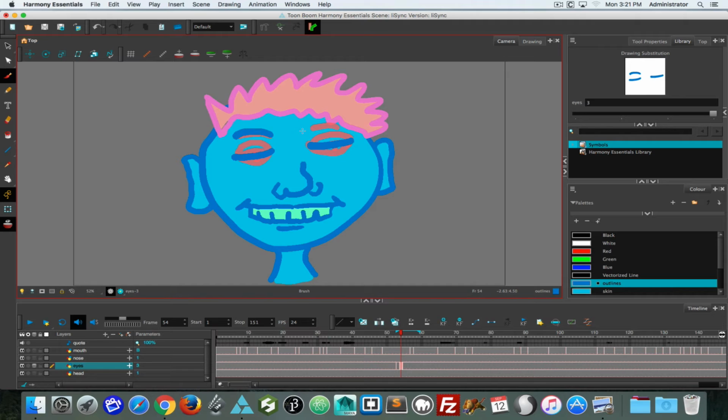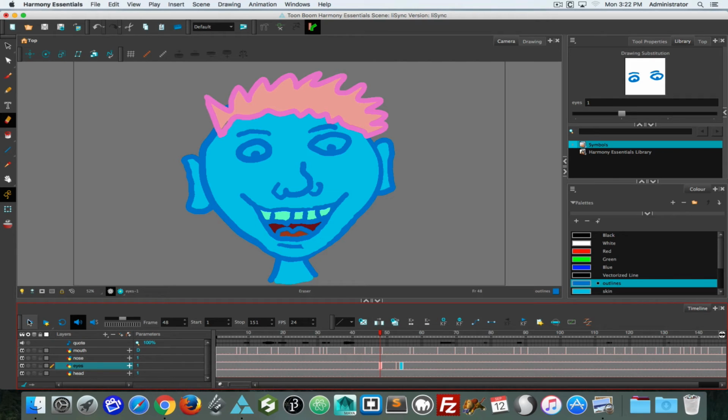And now the eye has been closed. If I turn off onion skinning, we're getting this sense of animated closure. The lid is coming down, it's closing. I think on the lid coming down, I even want to just erase a little bit out of here. So I can create that, and then on the next frame go back a frame so the lid is reopening. So if I hit play,